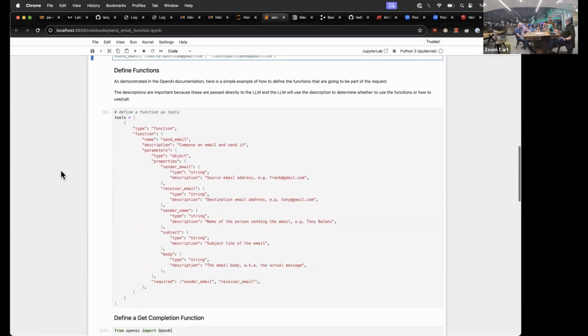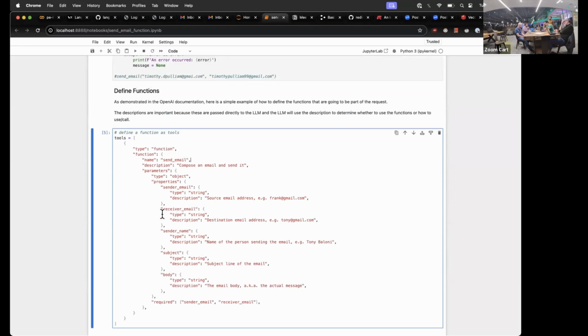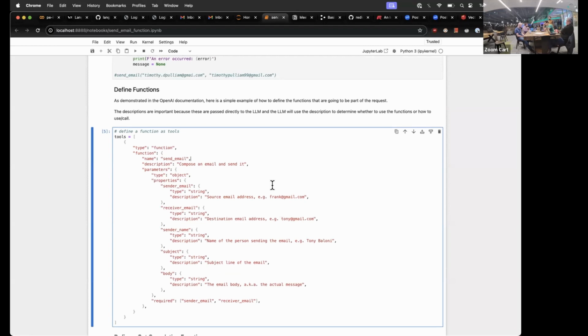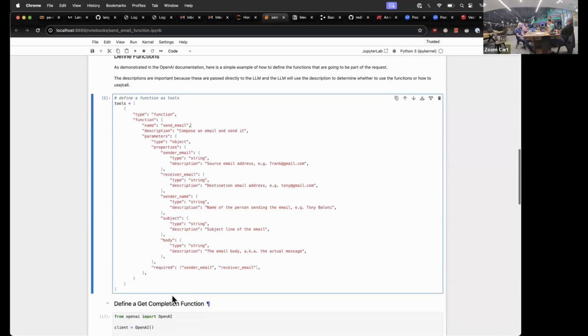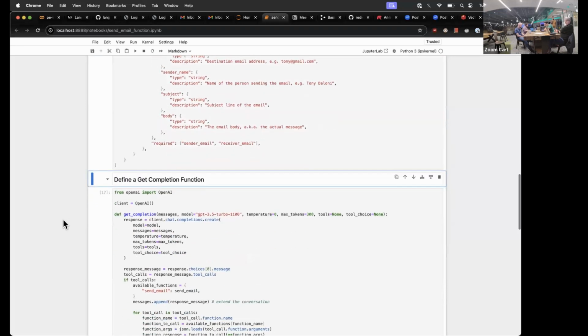Now that we have that set up, we need to define the function in a way that OpenAI understands, and we do that using what's called tools. There are function tools, so this is a type function, and we're passing in a function. We give it the name of the function, send email, and a description: compose an email and send it. And these are the parameters it accepts, with a description of the parameters, and these are the required parameters. So we require a sender email and a receiver email. Then we pass that into